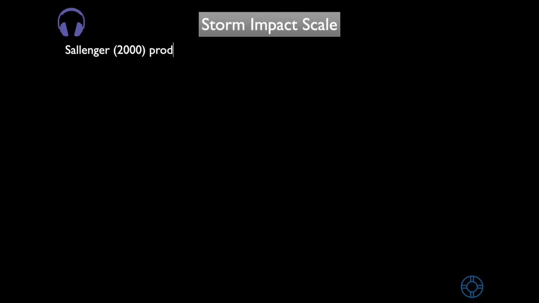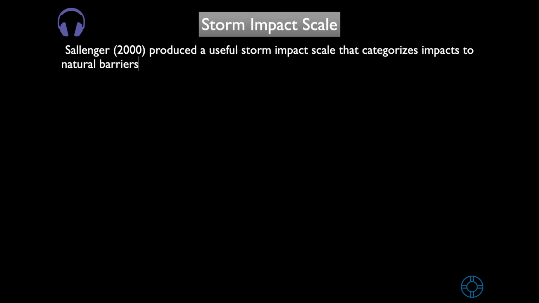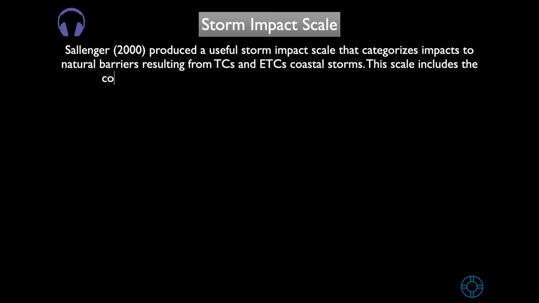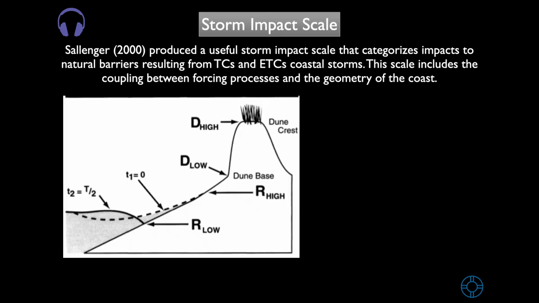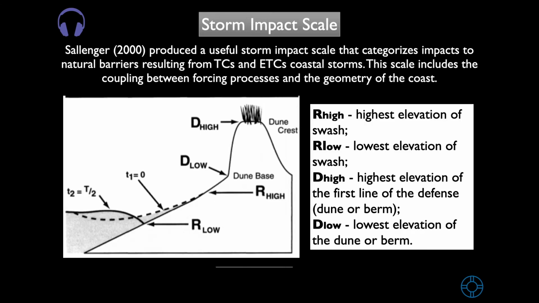Sallenger in 2000 produced a useful storm impact scale that categorized impacts to natural barriers resulting from tropical cyclones and extratropical cyclones, the coastal storms. This scale includes the coupling between forcing processes and the geometry of the coast. There are four variables: R high, that is the highest elevation of swash, induced obviously by waves; the R low,